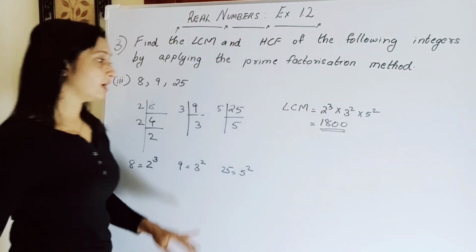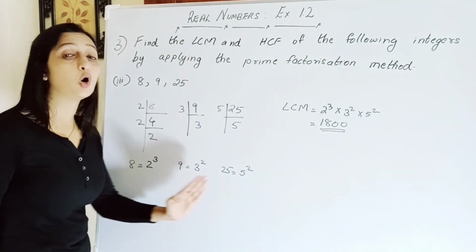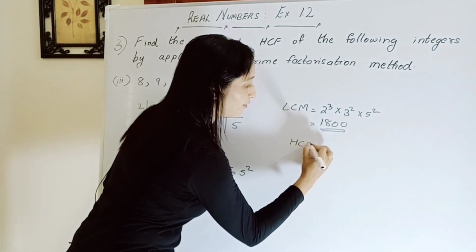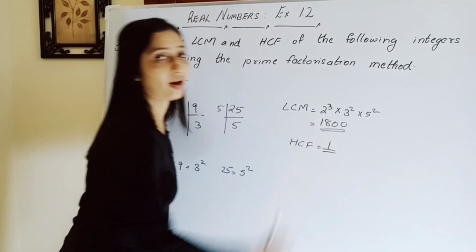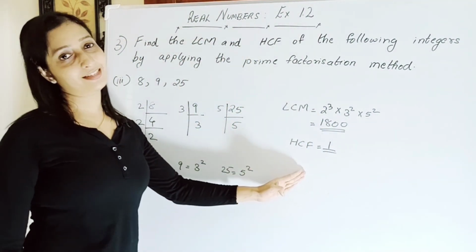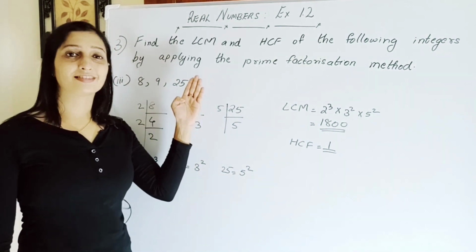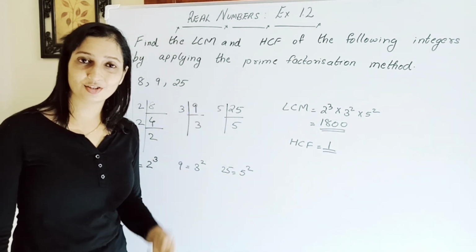Now, what is the HCF? Is there any common factor? No. So, what is our HCF? Our HCF is equal to 1. So, this is our LCM and HCF. So that was the last question for today. We'll continue our exercise 1.2 in our next session. Till then,